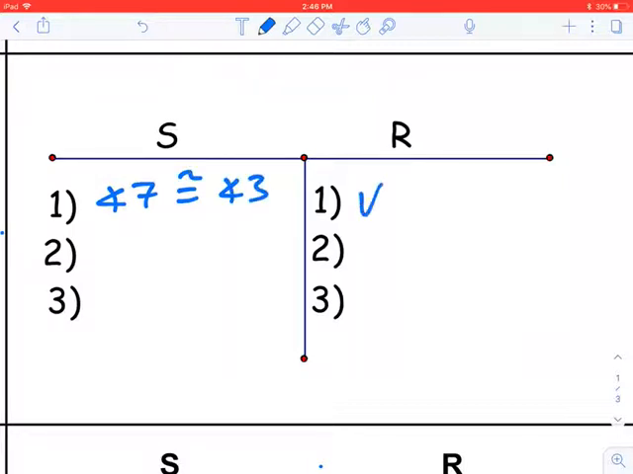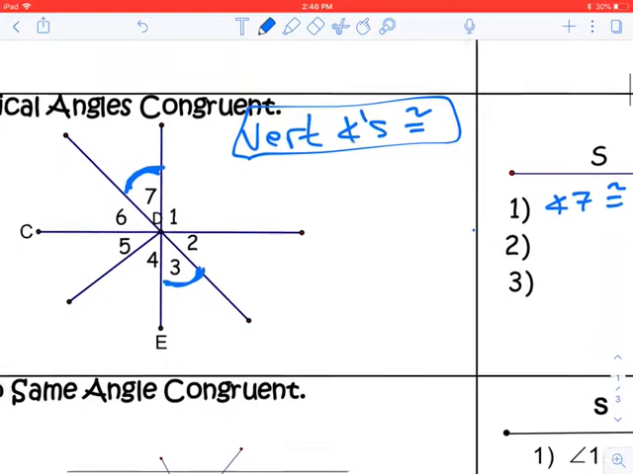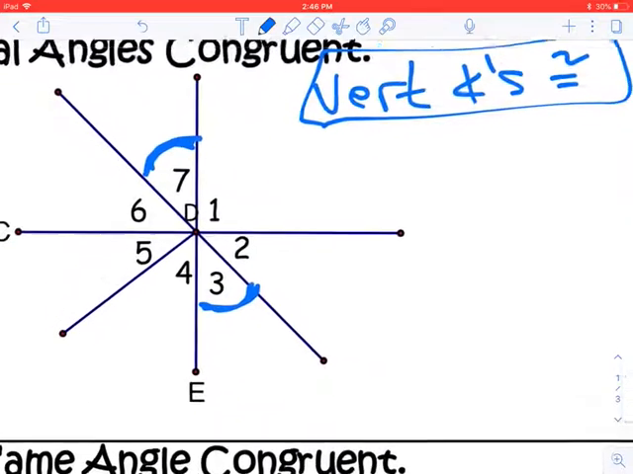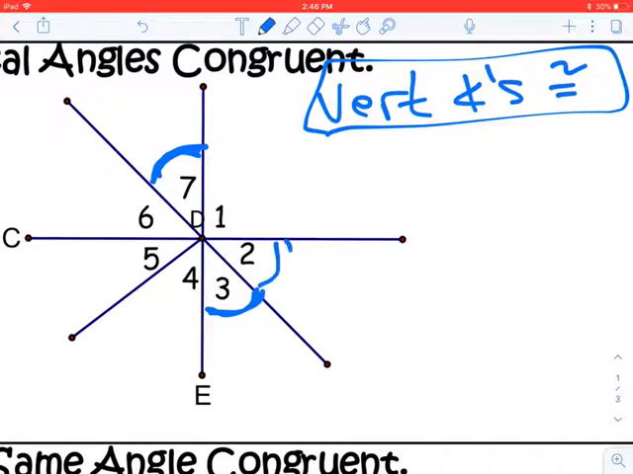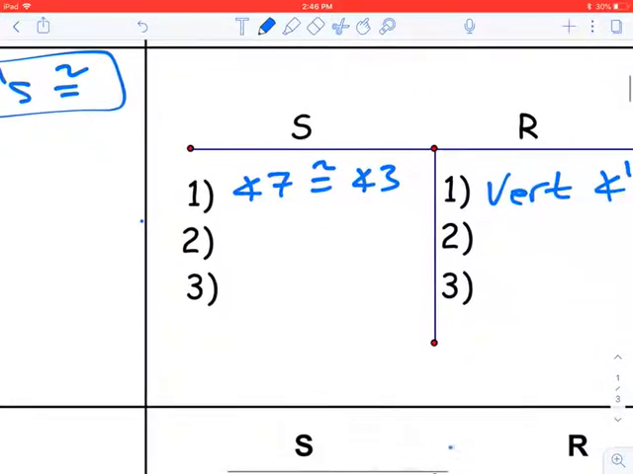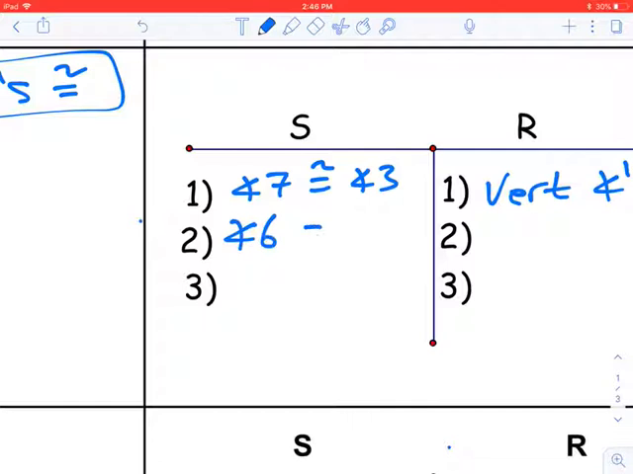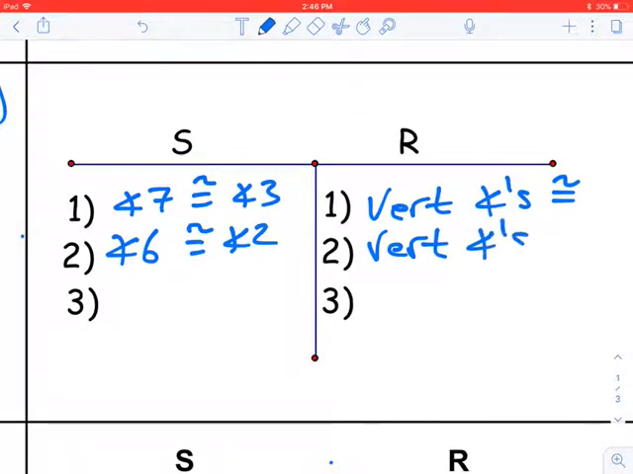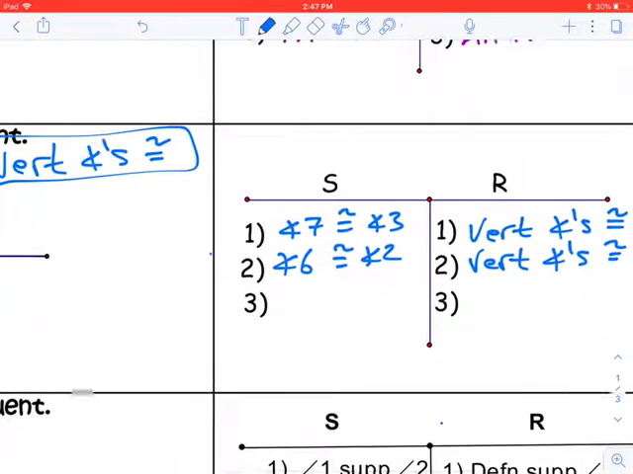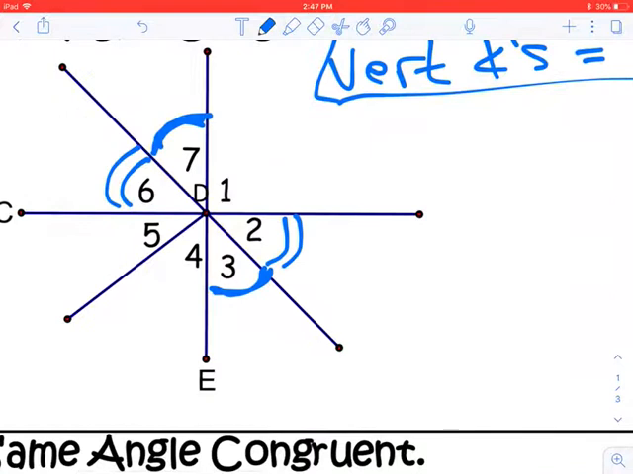How do I know that? Because all vertical angles are congruent. Another one we have, for instance, 2 and 6 are opposite of each other. Those are also congruent. Same reason. Angle 6 congruent to angle 2. Again, because they are vertical angles, and I know vertical angles are congruent. Now, another one in this case would be